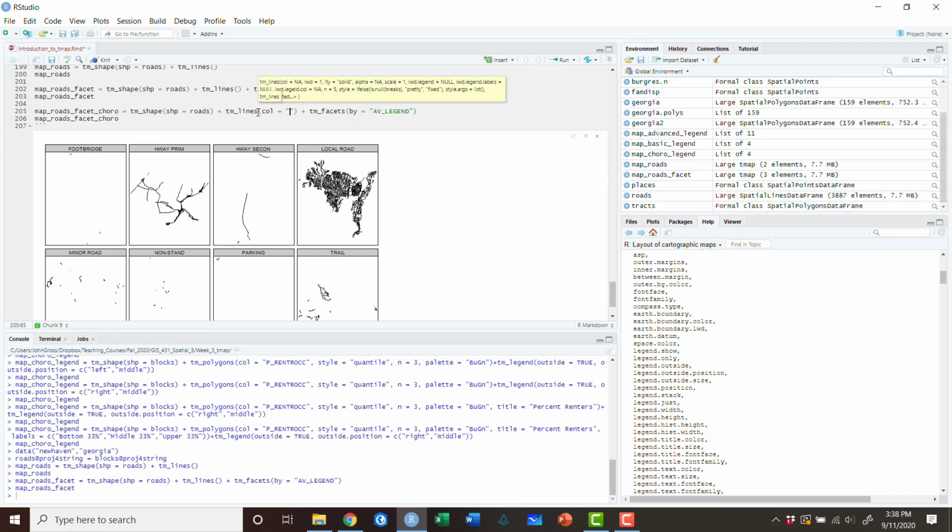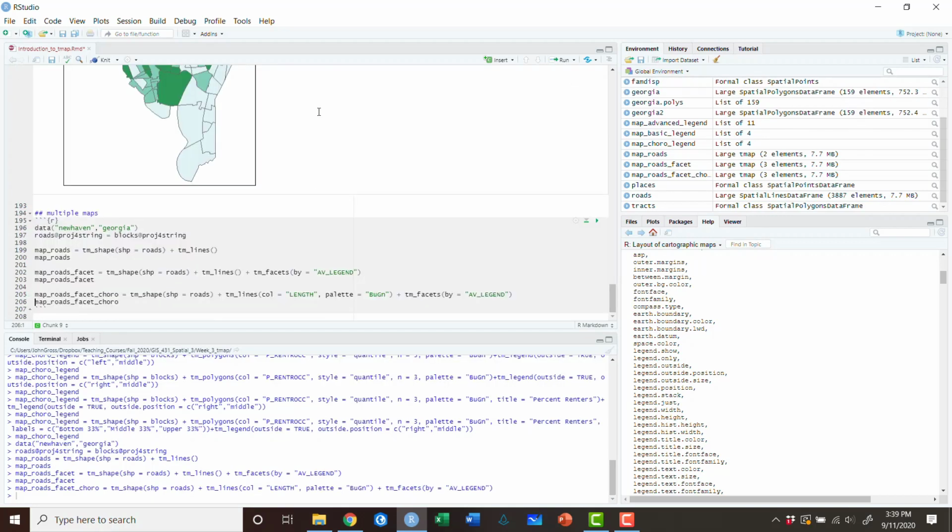So we're going to create a choropleth in this case using length, which again is another variable coming from the roads dataset. This choropleth map is something we've seen many, many times before, so I'm going to go a little quick here. We'll leave the style and the number of classes the same, but simply because I hate the default color palette, we're going to change the palette to BuGn. And so if we run this, and then we run this,